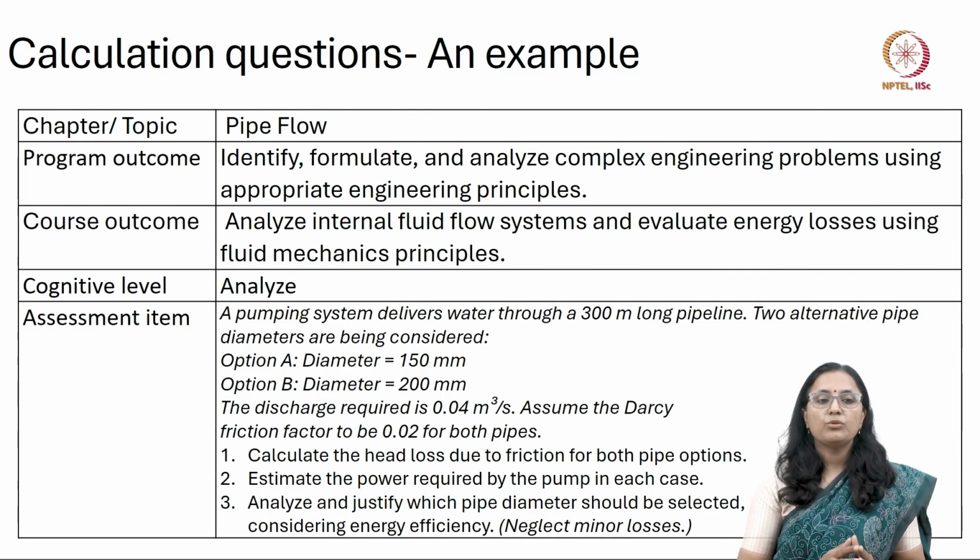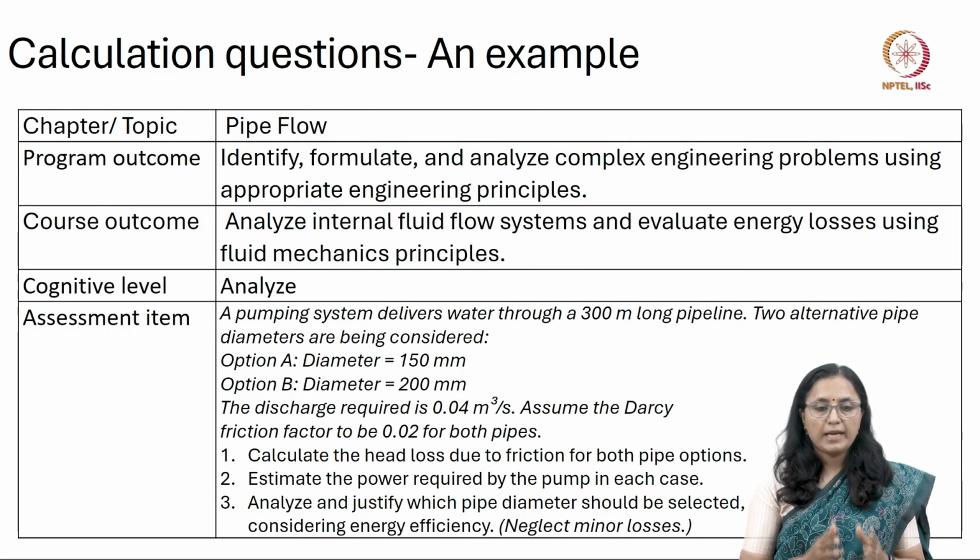Now, in this question, we know that students are expected to compare alternatives, and it also requires some numerical computation plus some interpretation. So, the student must make an engineering decision and not just compute values. So, the focus is not merely on assessment of procedural skills, but also on whether a student is able to take some engineering decisions, and also justify those decisions.